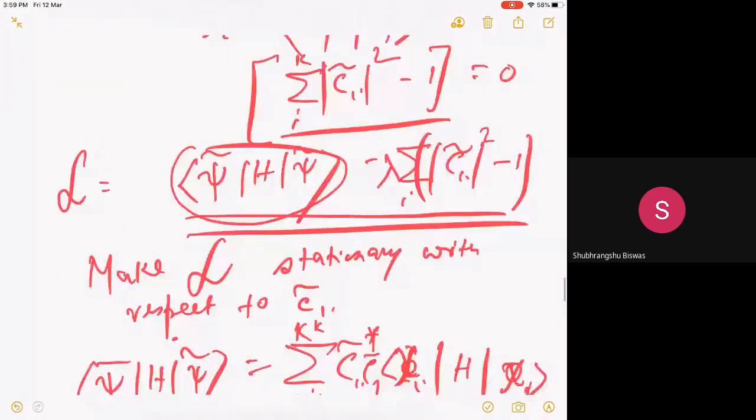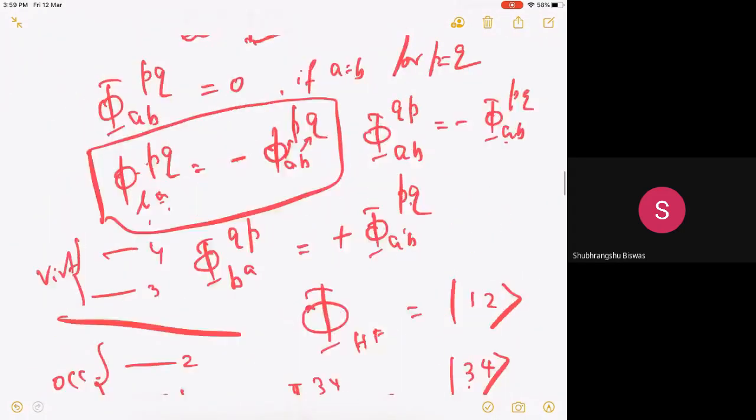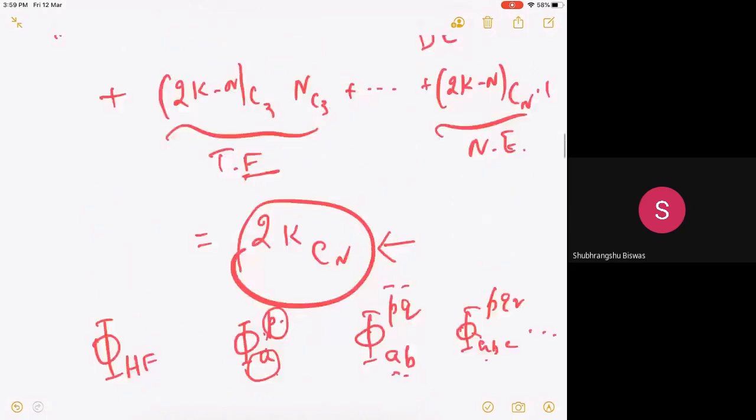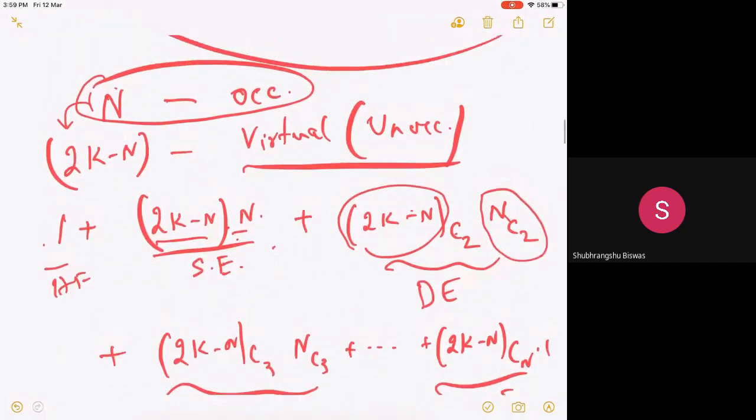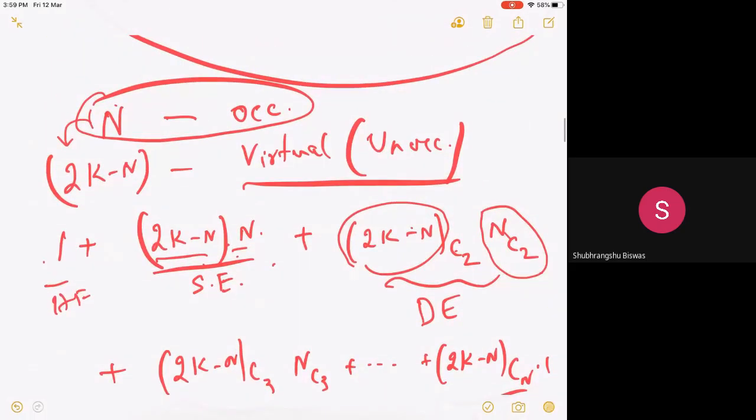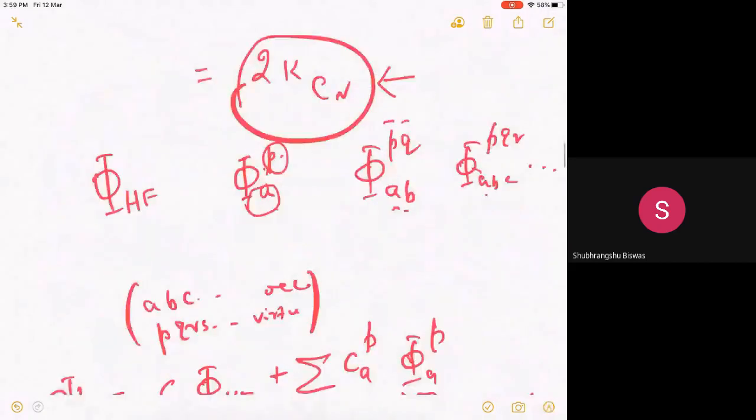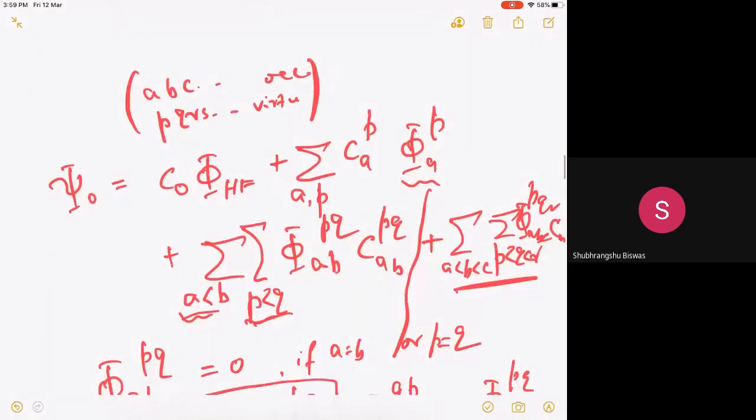If I come back to my CI problem with reference to Hartree-Fock orbitals, so this was my basis: Hartree-Fock, singly excited, doubly excited, and so on, which I wrote right here. So what is my job? My job is to construct, let's say I'm doing CISD, the Hamiltonian matrix elements using all these bases, phi Hartree-Fock,